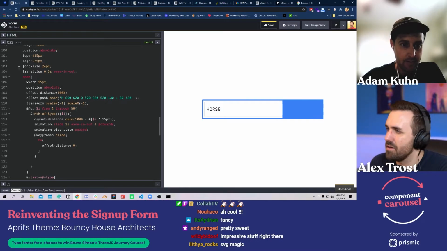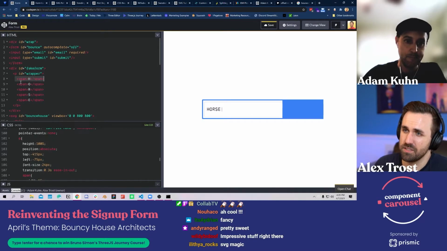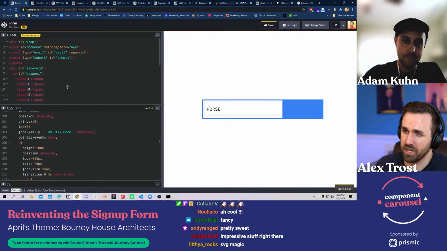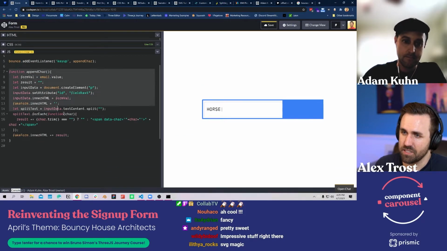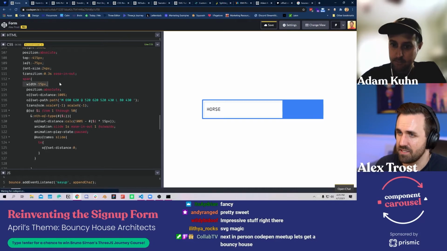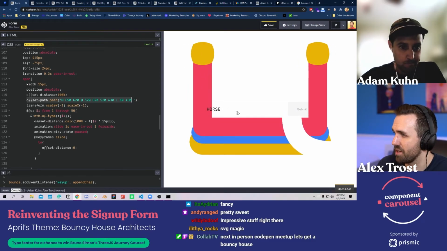So just to recap, people, every single one of these letters is wrapped in a span, and right now it's just hard coded. Eventually we'll have it so that the input actually makes that happen and wraps that character in a span. But for now, each span gets a set width and gets placed in a specific spot along this path, and the path has that shape where it's a straight line here, and it loops down like that. So that's why it's following that path.